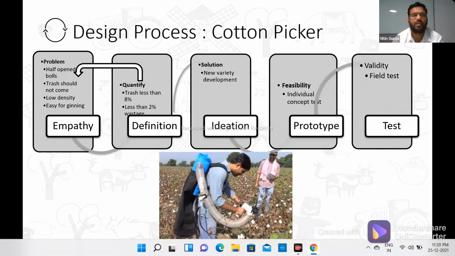तो हमें पता चला कि ट्रैश जो है वो ज्यादा नहीं होना चाहिए. फिर ये बहुत ही लो डेंसिटी की होती है, इसको स्टोर करना ही मुश्किल है. ये जिनिंग के लिए एक्चुअल में ये इजी हो जाती है अगर अपन उसको, जो हैंड पिक्ड कॉटन होती है. और इंडियन जो जिनिंग फैसिलिटीज हैं उसके अंदर अगर ट्रैश थोड़ा सा ज्यादा हो जाए तो वो हैंडल नहीं कर सकती हैं,